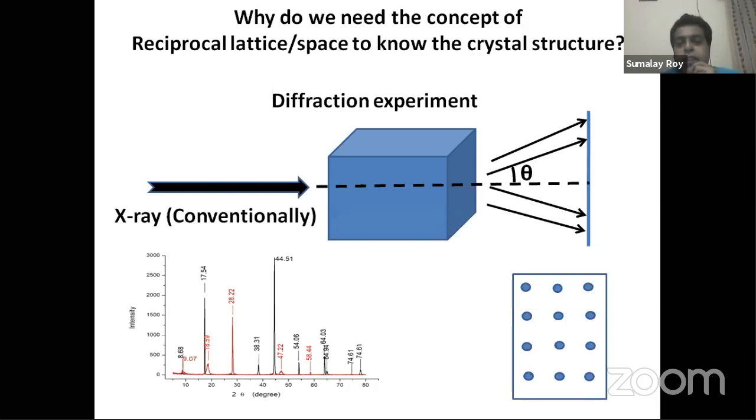Another way of seeing it: if we have a detector which can detect the intensity of the scattered X-rays, then we can plot this intensity against the angle theta. That means at which scattering angle, what intensity of X-ray we have. On the left-hand side, I have shown you typical lab data. We plot intensity as a function of theta. At different theta we have some peaks, and at other theta we don't have any intensity, which is completely zero.